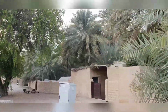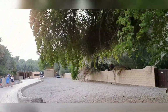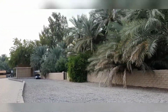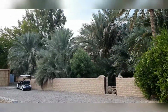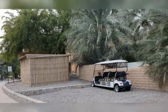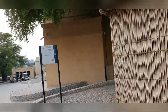Commercial exchange. The existence of this location, its life, and the presence of humans is due solely to the palm grove. Its products are not only consumed locally, but are also marketed. Dates have always been sold to nomads and to coastal peoples in Dubai and Abu Dhabi. It is a staple food both for long desert journeys and for pearl divers. Other vegetables were also traded for products supplied by nomadic herders, such as camel milk, meat,